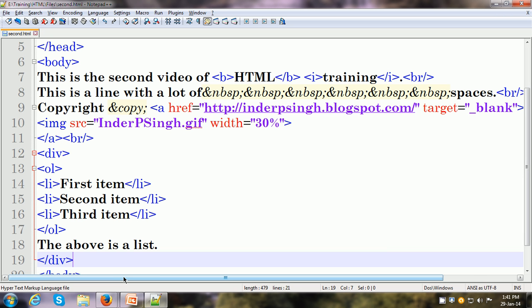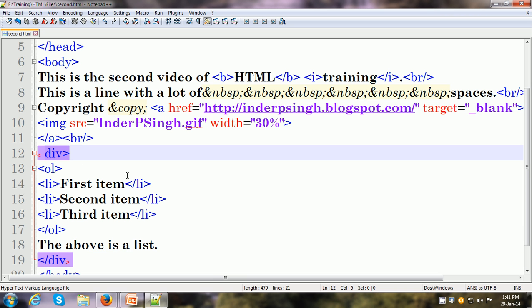And in the div tag also we can use attributes like we have seen in the a tag and img tag. So let us say for this div I want to give a separate color. The attribute for that is style.